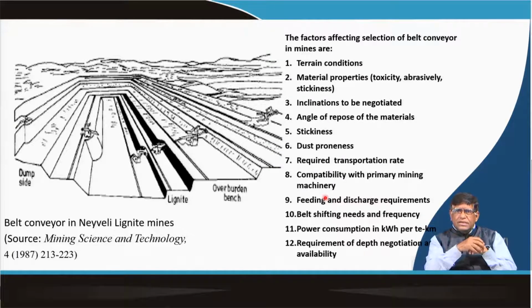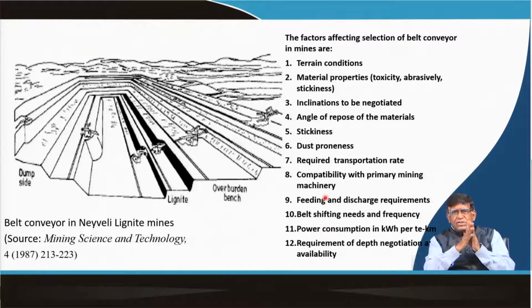Similarly, we will have to consider what type of machines are loading it. If it is a shovel and an in-pit crusher, the shovel and dumper will be feeding the in-pit crusher, and then it will go on, just like in our Central Coalfields Limited of Coal India at Pipavav mines, they have that system. Or we will have a bucket wheel excavator feeding it. Or, as we showed, a continuous surface miner can discharge to a shiftable conveyor belt.